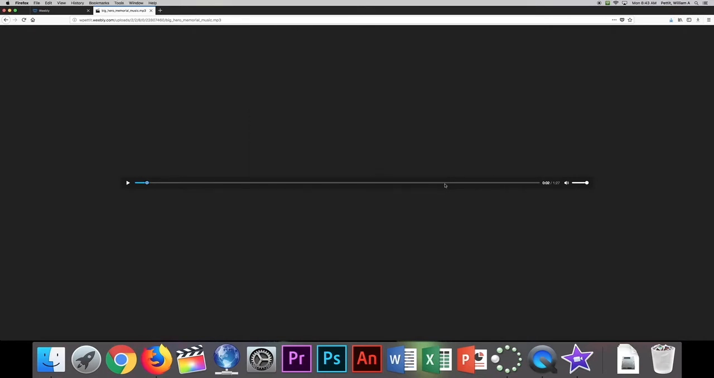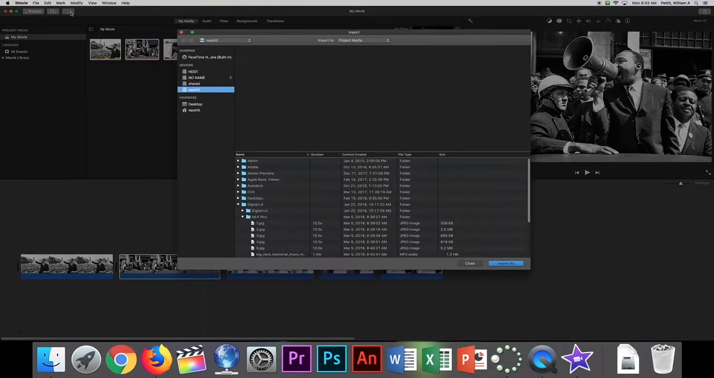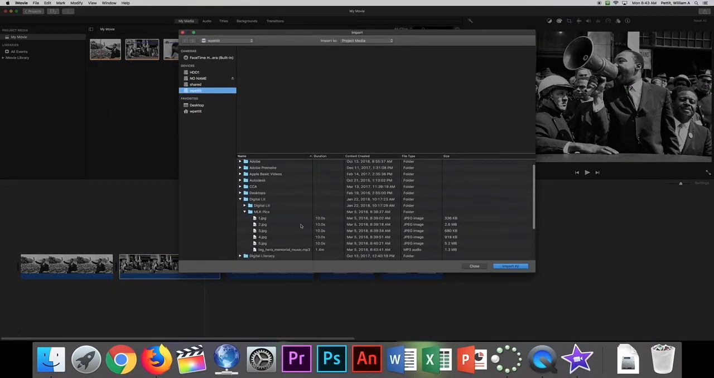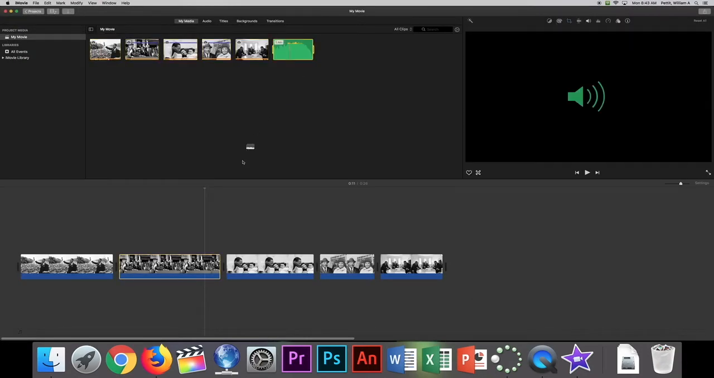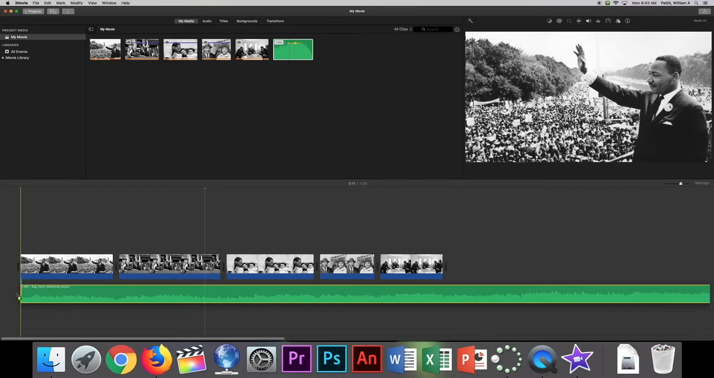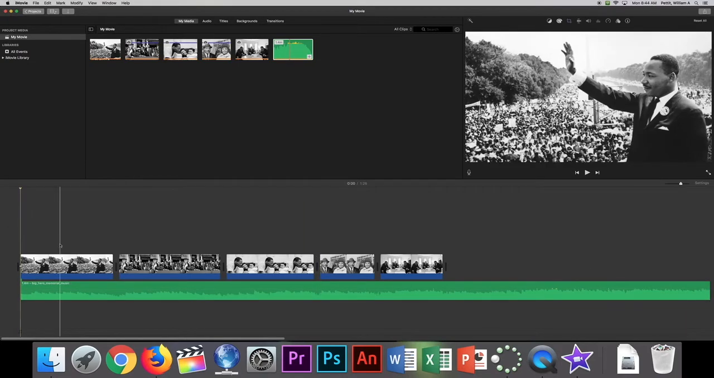I hit save. Now I can go back to iMovie, and I can click this down arrow to import more footage or more stuff. I have the music here, and I hit import selected. Now I can take this and drag it down here. The length of my video should be the length of this entire song. But now, as you can see,